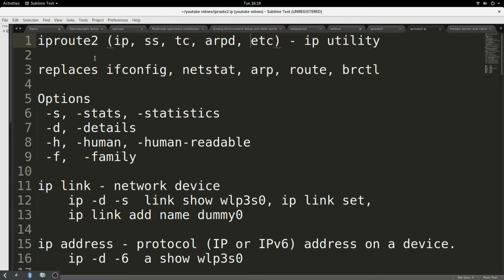Today, this video is about iproute2, or especially the IP utility. The iproute2 is actually a set of utilities for managing networks in Linux operating systems. It consists of tools like IP, SS, that is socket statistics, TC, that is traffic control, the app daemon,